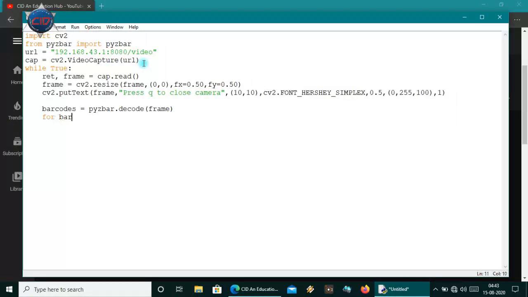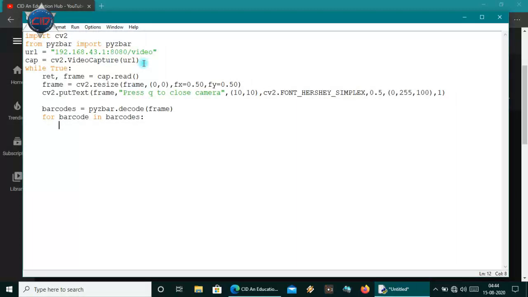So I'll use: for barcode in barcodes. All the barcodes or QR codes have the shape of a rectangle, so we'll extract all four points of that rectangle.